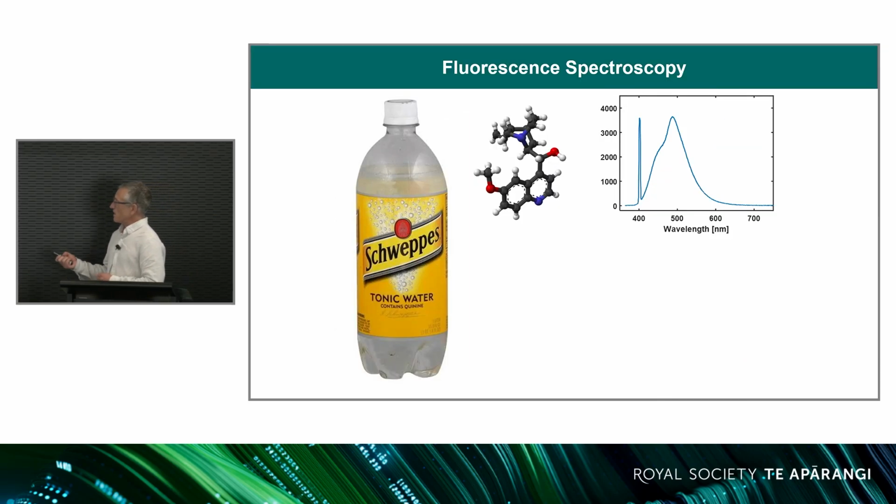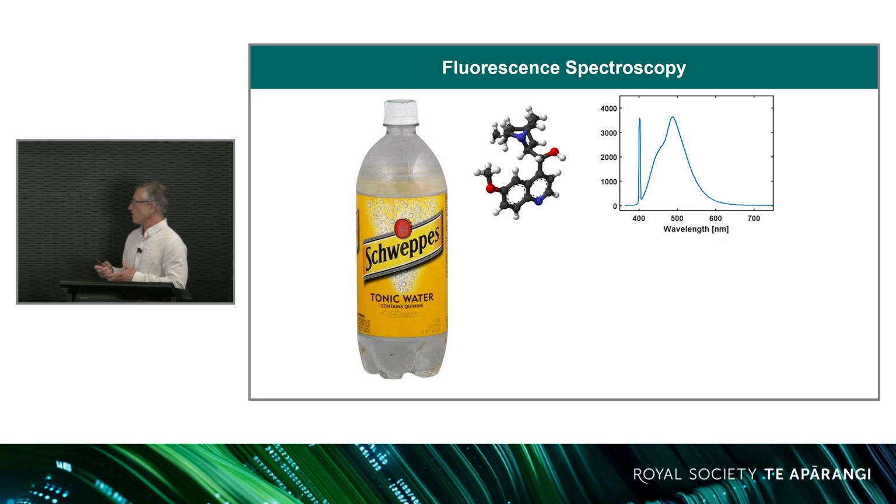This is an example of laser spectroscopy, fluorescence spectroscopy. It's a very common one. I use it for demos when you go to schools. I take a bottle of tonic water. It contains the quinine, this molecule, which is a fluorescent molecule. So when you shine a purple laser through the quinine, you can see the laser line here. It emits blue light. So as it goes through the tonic, you see some very bright blue light emitted.